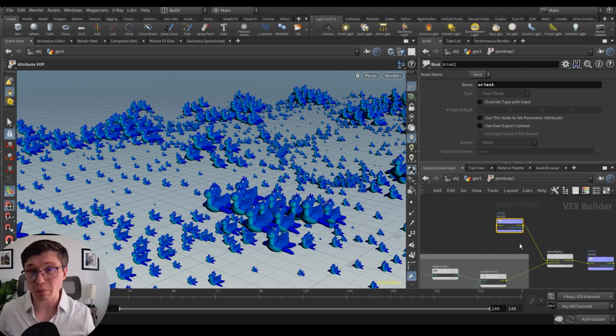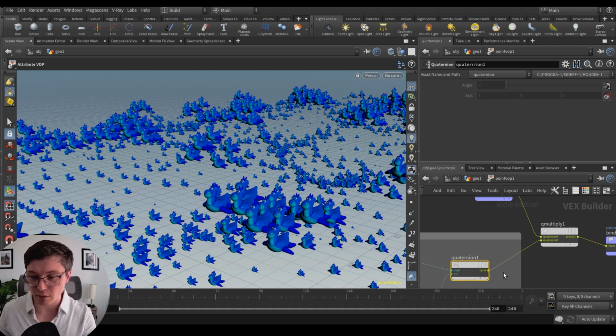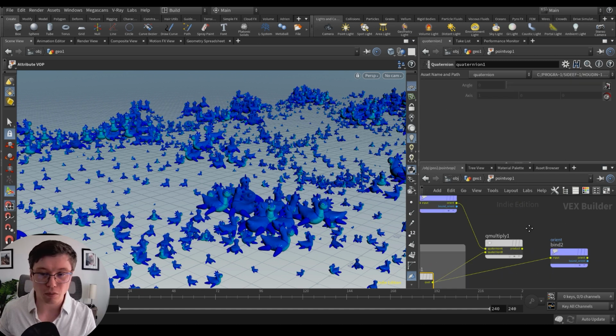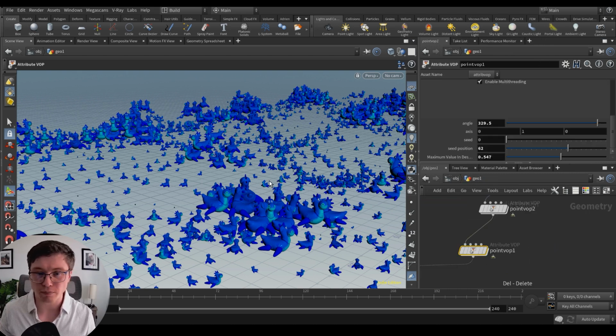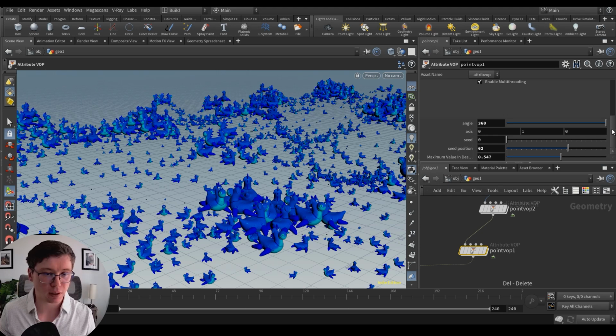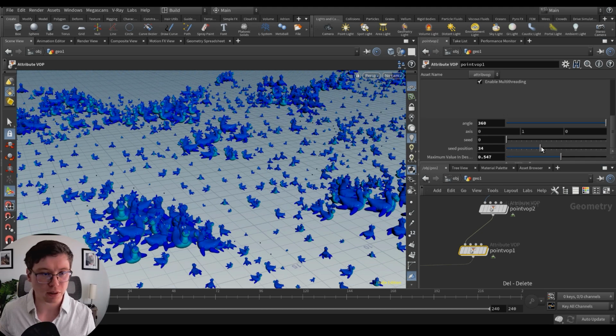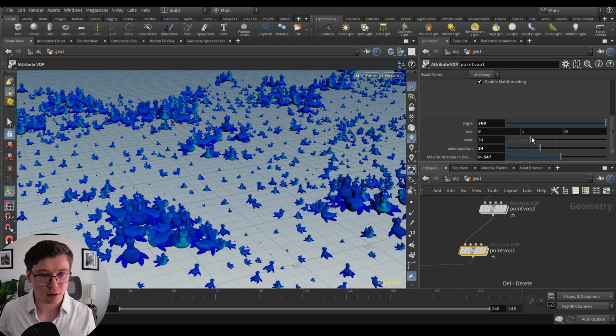So if you multiply something that doesn't exist, basically it has a value of 0, it's not going to do anything. In that case, I can get rid of that and just set my orient. And now we have some random rotation. Whee! Yeah, fun stuff. So that's a seed for position, that's a seed for rotation.